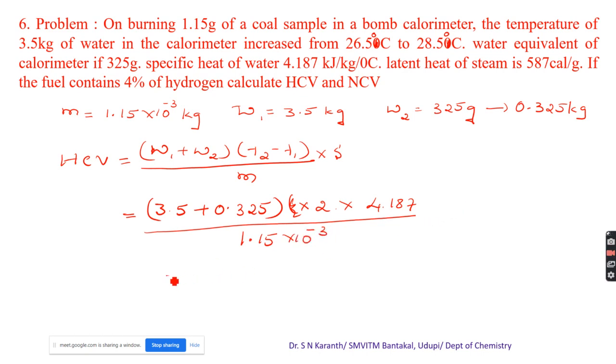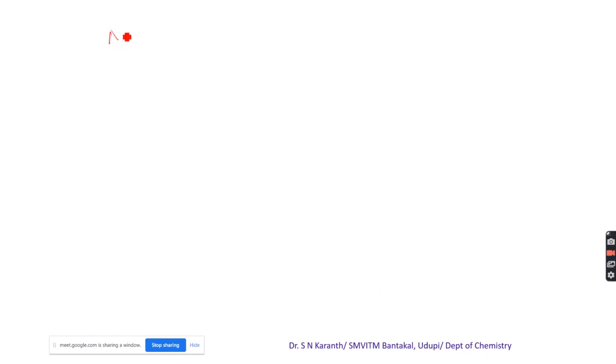So you get 27,852.65 kilojoule per kg. Then, based on HCV, you can calculate NCV equal to HCV minus